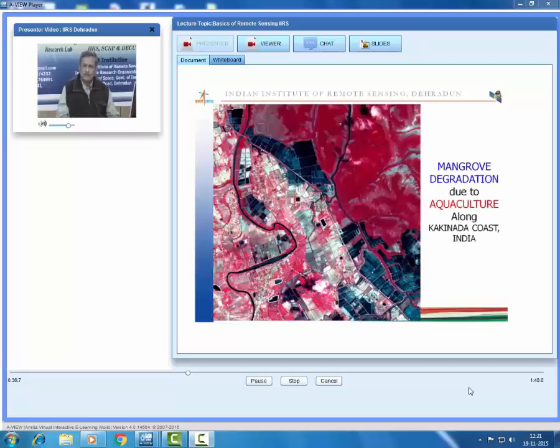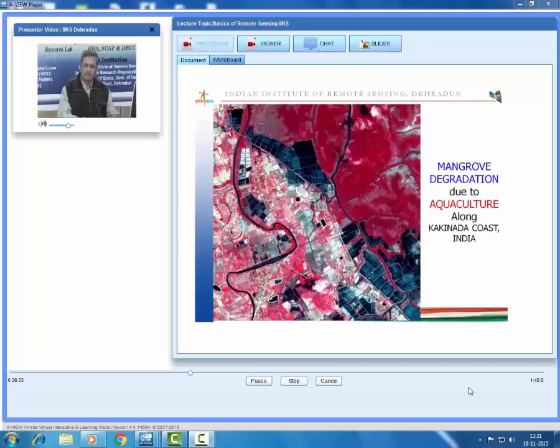Few examples, like a few satellite data which I have put here for you to see. This is an area in the Kakinada coast in Andhra, in the Koringa mangrove, inside that you can see the mangrove degradation. All this red color is a mangrove patch, but you see all these aquaculture farms have come up cutting into the mangroves. So they are all part of the mangrove, but the mangrove has been cut and the aquaculture has come up,